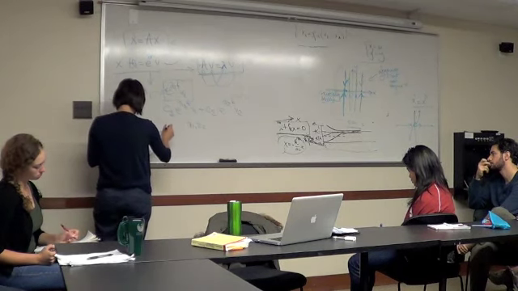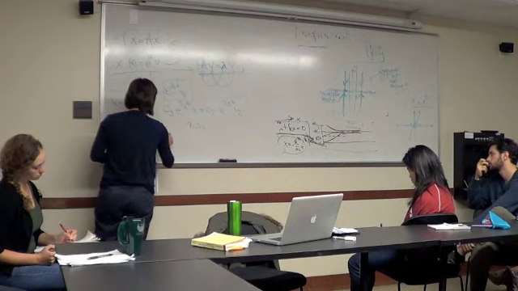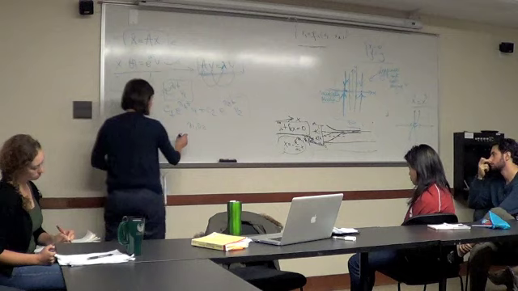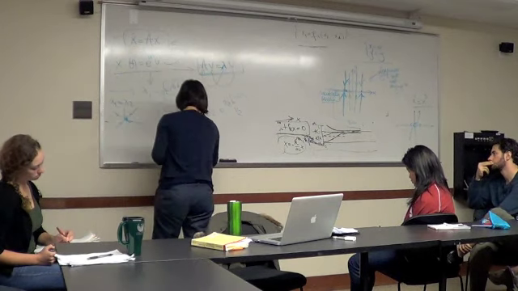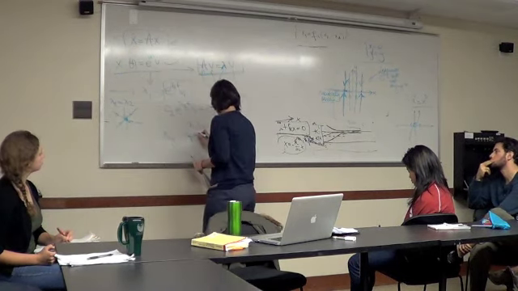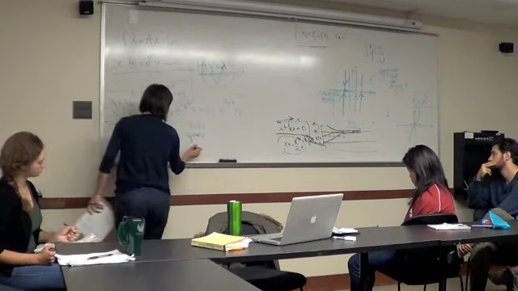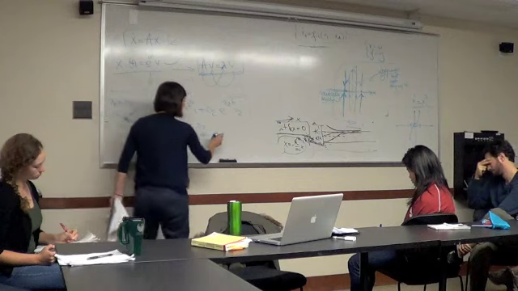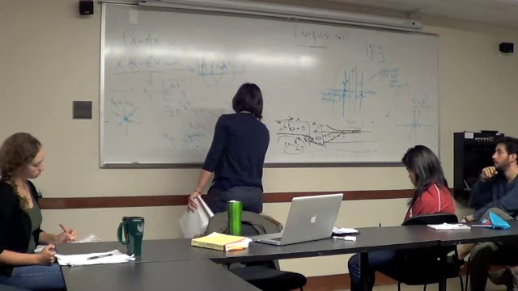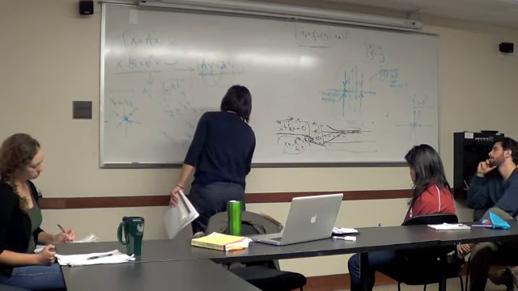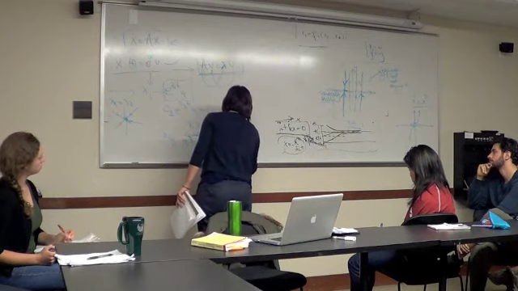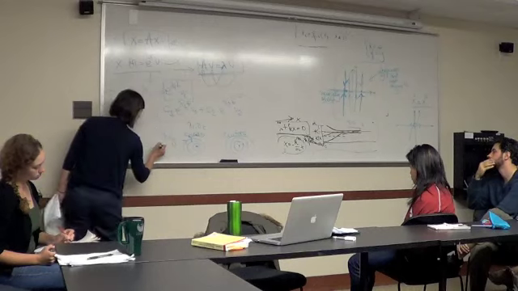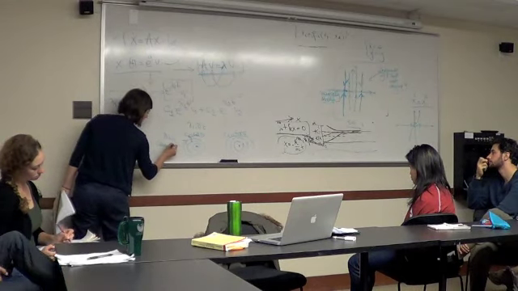Now, if, for example, the eigenvalues are complex, if lambda 1 and lambda 2 are complex conjugates, then you can get either spirals. So this is your fixed point, and you approach it on a spiral, or you can get centers, as we saw before for the spring, where you have all these different trajectories. This is if lambda 1 and lambda 2 are complex conjugates.